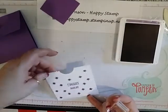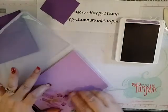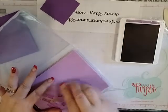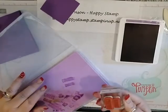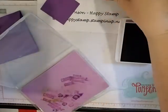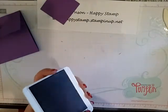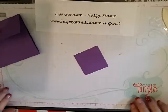All right, good enough. I'm going to wipe this off again. Get the block clean. All right, here we go. Close that up. All right, for the little hat, you're going to use the piece of